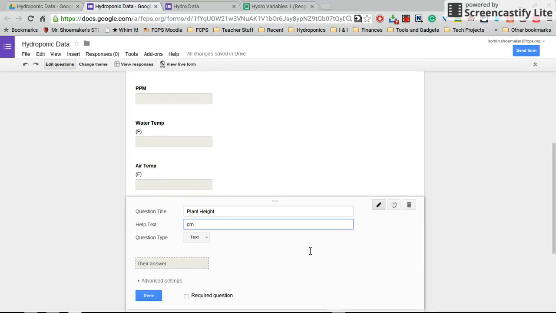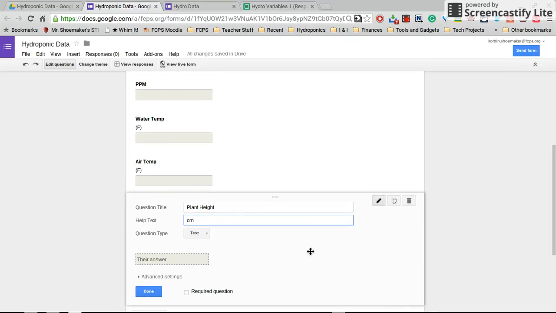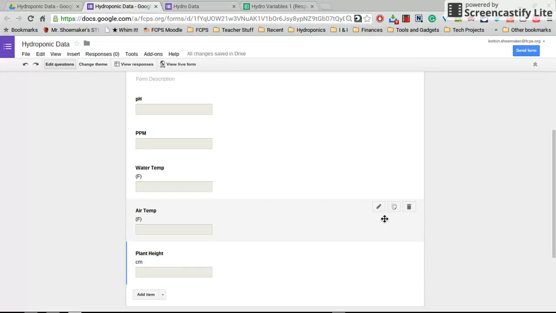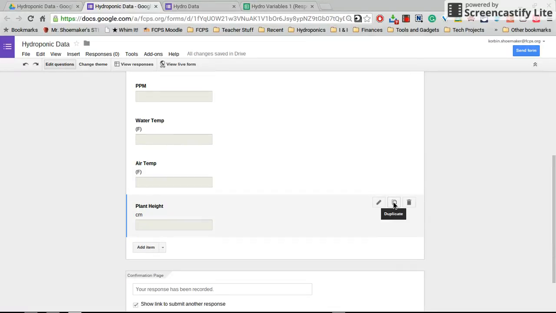Centimeters seems to be easiest. Fractions of an inch can be difficult, but when we're entering in centimeters and we're using decimal rather than fractions, it just seems to be easier. And then we have a couple variables already, and then one of the last things I like to do is